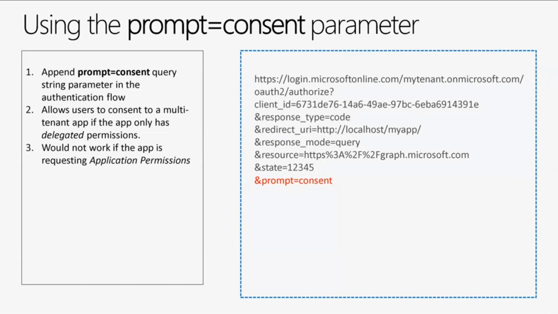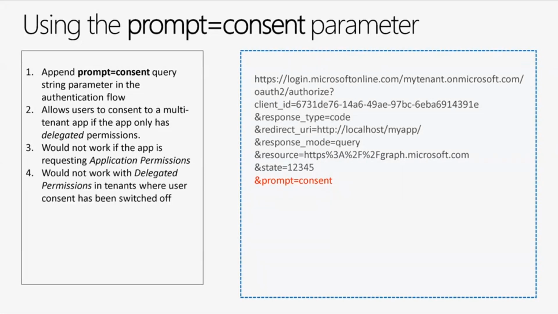The problem here is that if you are requesting application permissions to, let's say, an API like Graph, this will not work because a normal user, if they are not a tenant admin, cannot consent to application permissions or, in fact, any delegated permissions that require admin consent. So if you are just using a few delegated permissions that do not require admin consent, you should be using it. If you are not, you should not be relying on this parameter to get your service principal provisioned in